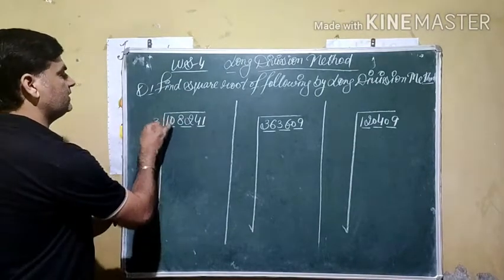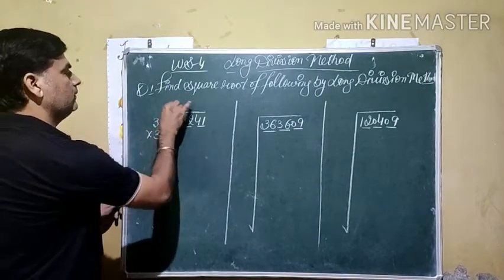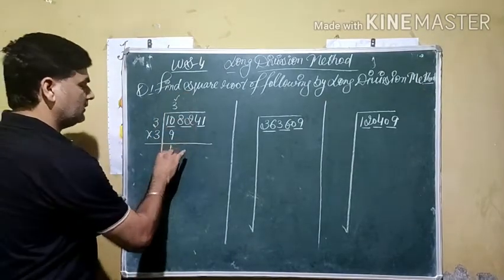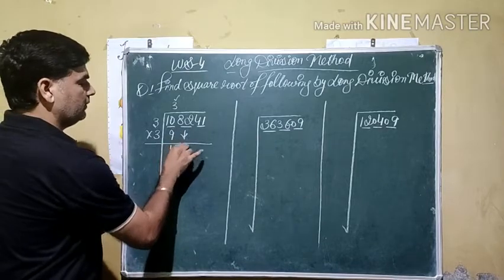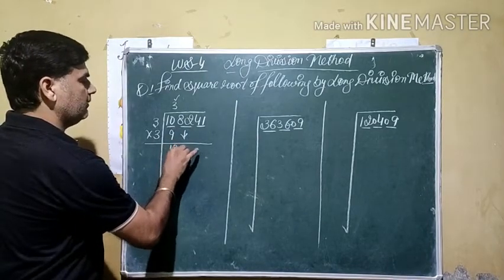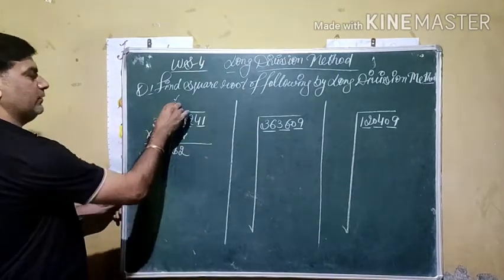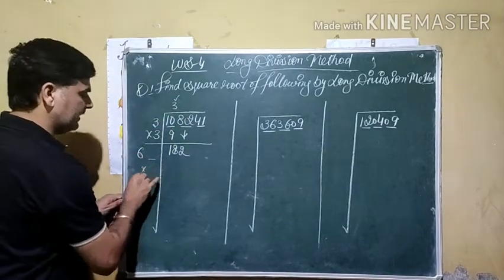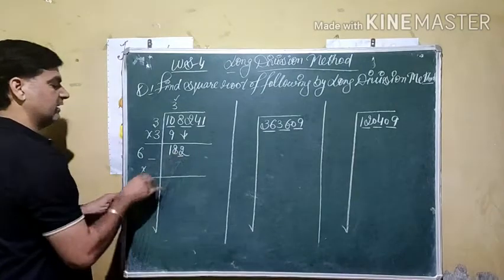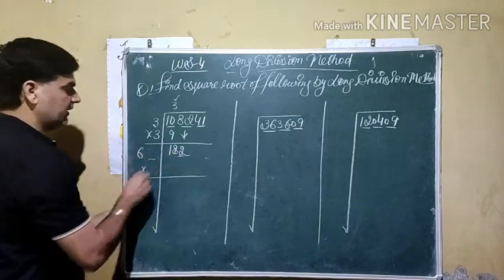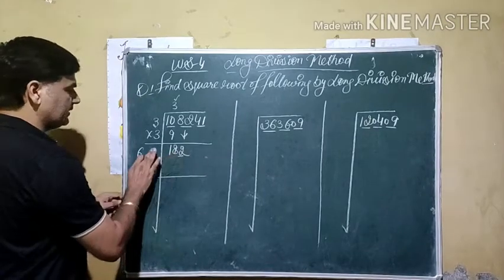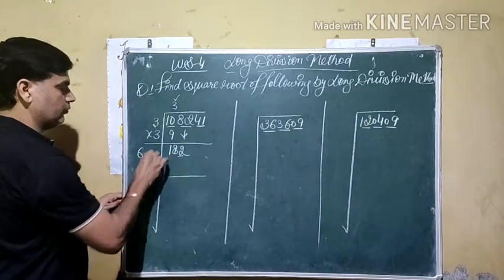We know that 3 3s are 9. So the first digit is 3 here. Balance 1. Next pair 82. So it becomes here 182. Double of this, otherwise sum of these two, 6. Digit multiply same digit. We leave this digit. If we use here 6 3s are 18. If we use here 3, it becomes 3 3s are 9. Bigger than this. So we choose here digit 2.